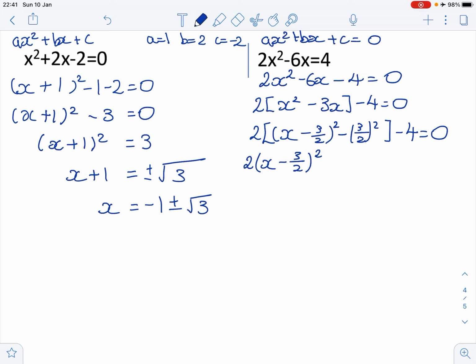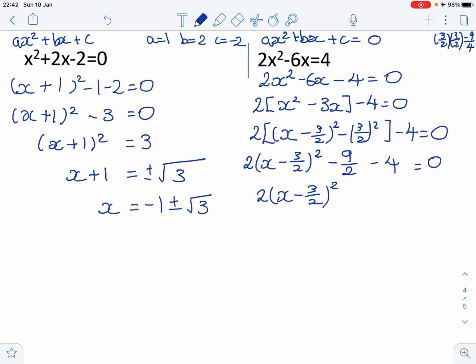So remember, 3 over 2 squared is the same as 3 over 2 multiplied by 3 over 2, which is equal to 9 over 4. So 2 multiplied by minus 9 over 4 will become minus 9 over 2. Minus 4 equals 0. Simplify it, so I have